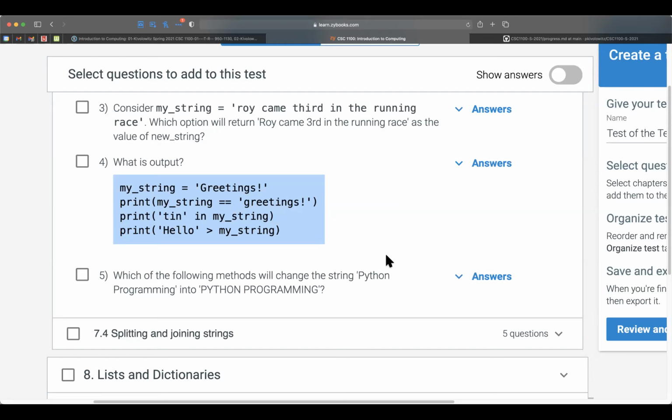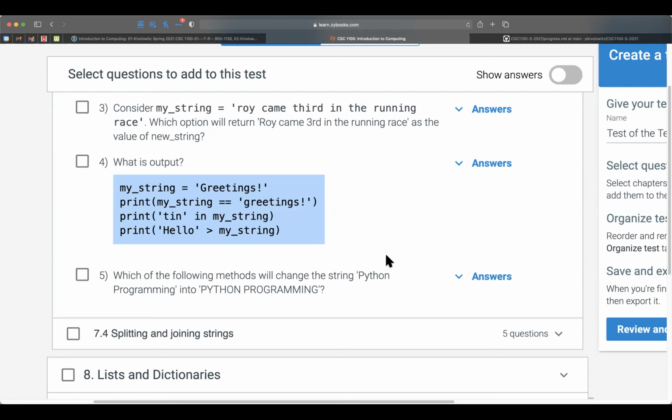Go ahead, Olivia. Sorry, I accidentally muted myself again. Is there a way that we can do this in our own book, or do we need to make a quiz for us to study that way, or would it be better if we just look through? Well, these are the way the questions appear in zyBooks.